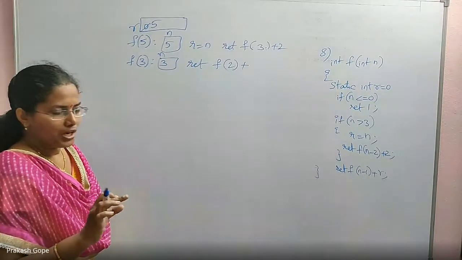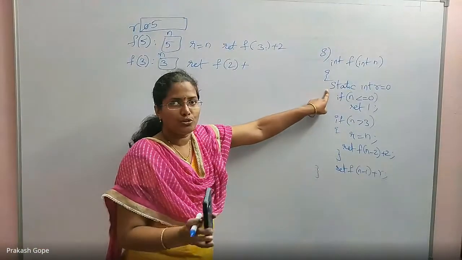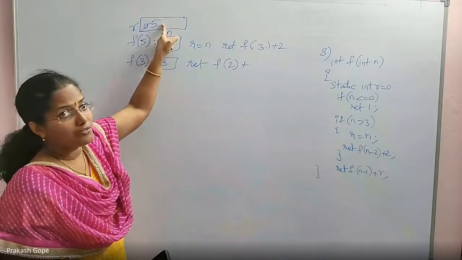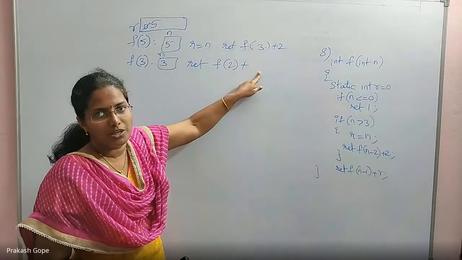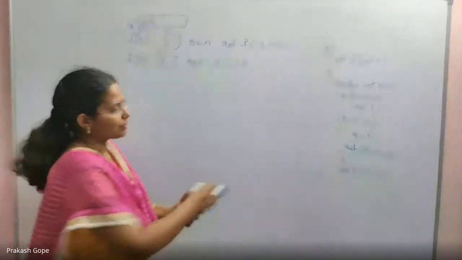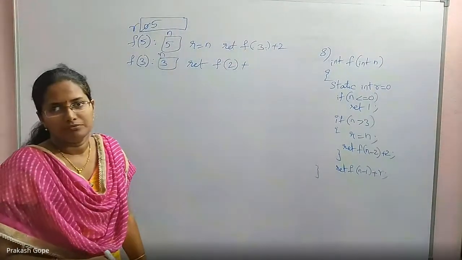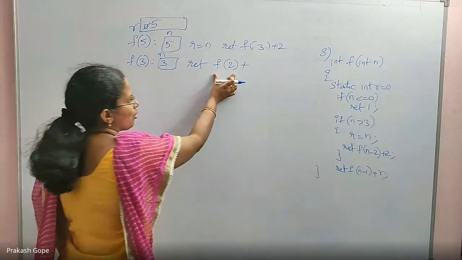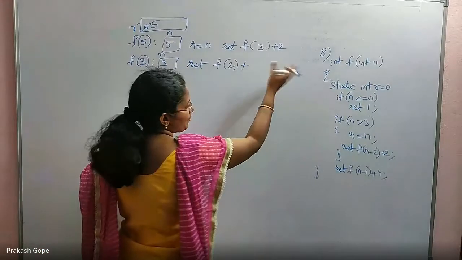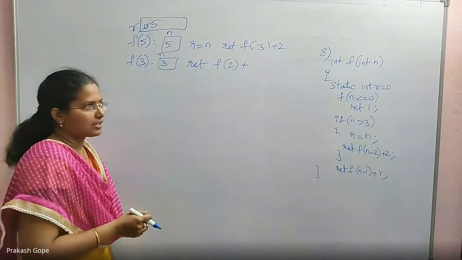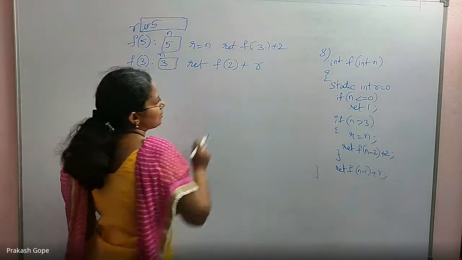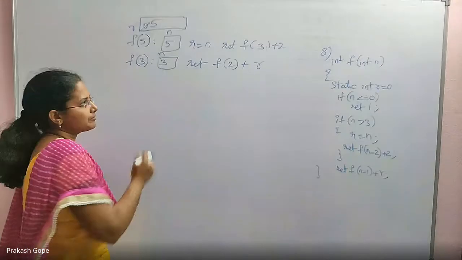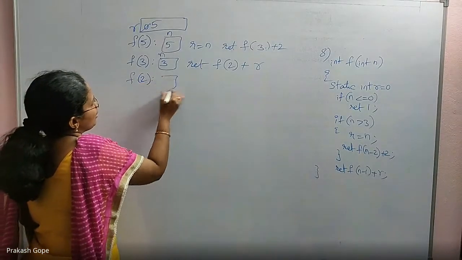I told you, r value, especially when it is a static variable, you should not substitute now. Because in the next function call f of 2, if I modify r value, during backtracking you need to substitute r value. By then r value may be modified. But if you substitute r value as 5, that's a wrong answer. That's why I am telling you again and again: whenever you see the function call, you need to jump. Don't substitute the expression values because that is not C. Compiler is executing the code. It is r, that's all. I don't even look at what is present after that. This is a function call, I will jump as per the priority. F of 2, n value is copied with 2.